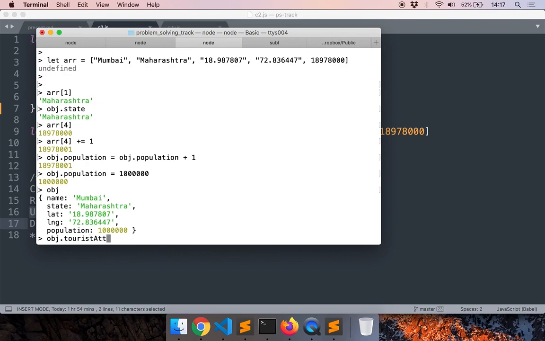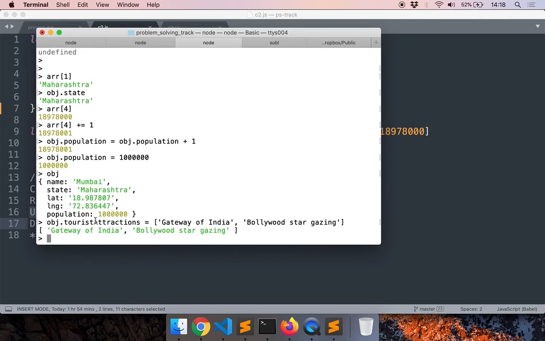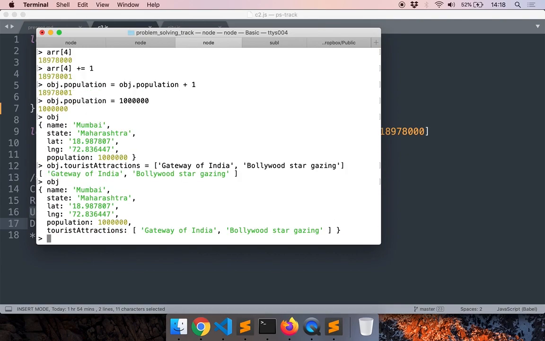I'll say tourist attractions and add Gateway of India and also maybe Bollywood stargazing as the two tourist attractions. This key was initially not present, so this new key has been added to the object. This is how we add new information to an existing object and do the create operation.